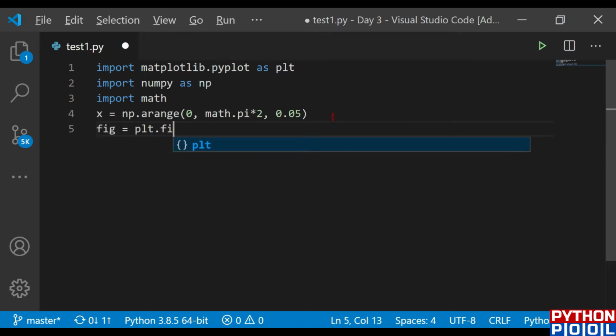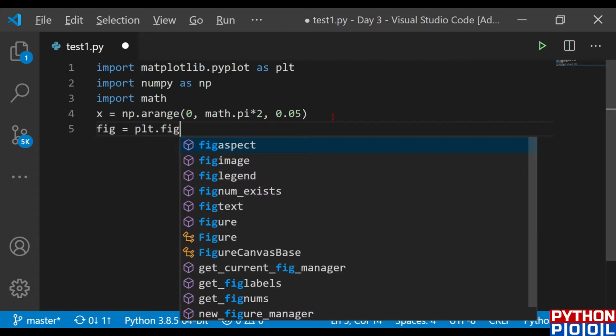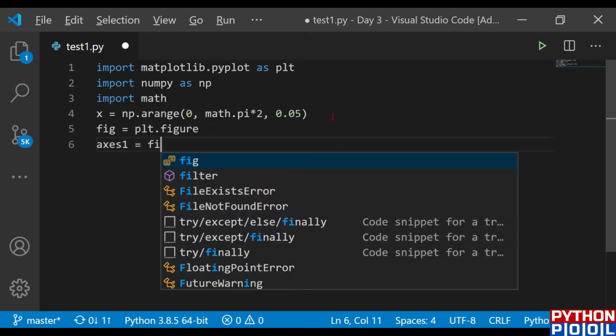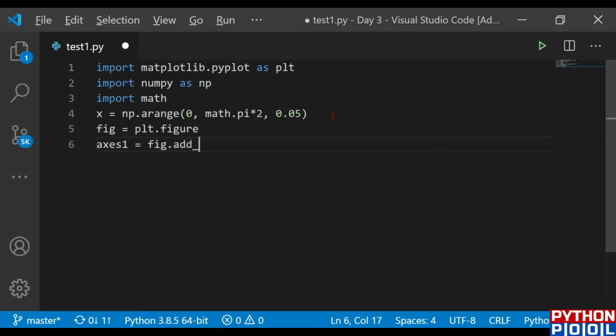So I'll just call this figure class here, and after calling, I'm just going to define two axes, because one axis is for my sine graph and another axis is for my cosine graph. So I'll name it axis 1, and it would be figure.add_axes function, passing the parameters 0.1, 0.1, 0.8 and 0.8.